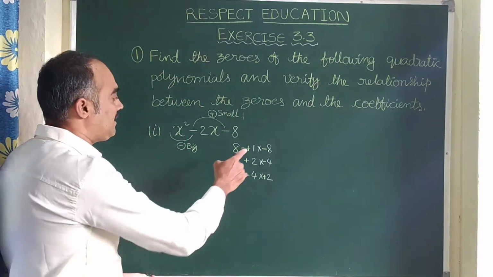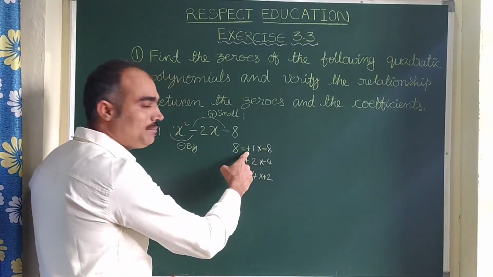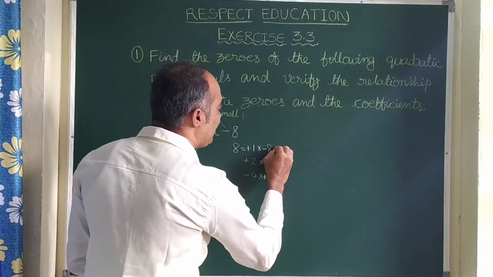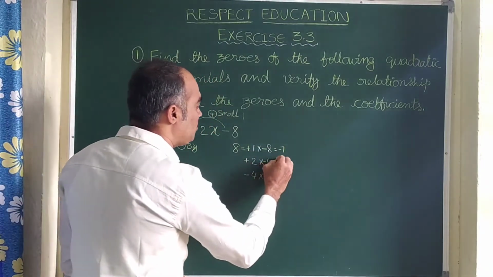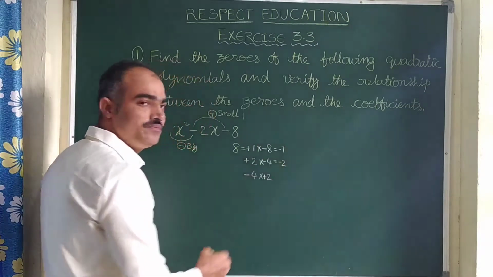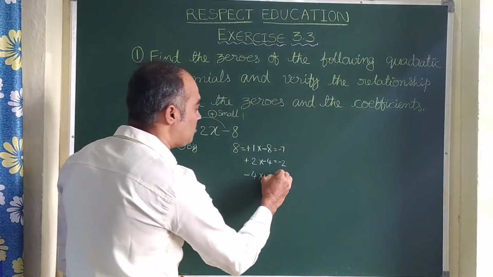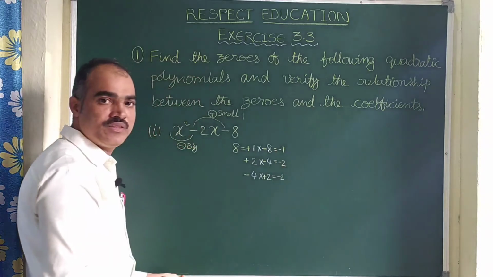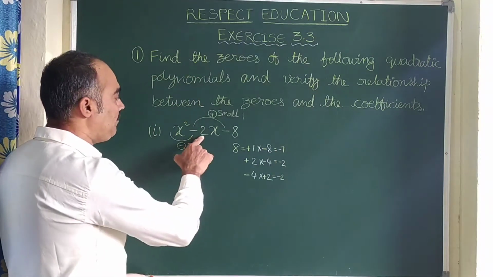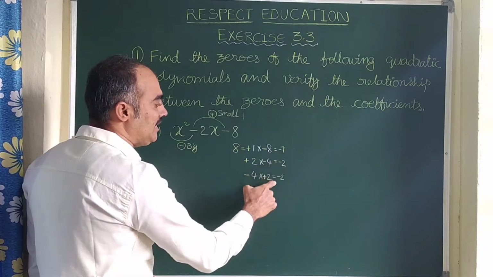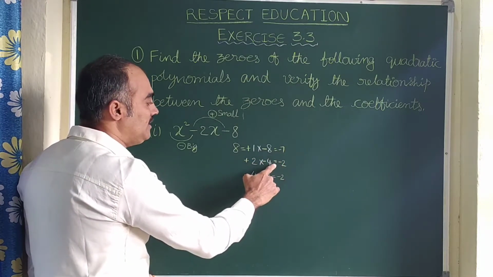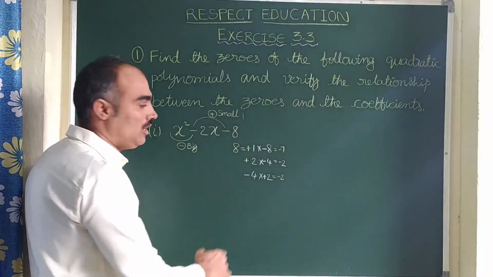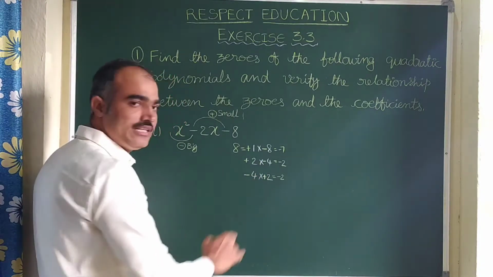Now let us add them. Minus 8 plus 1 is minus 7. Minus 4 plus 2 is minus 2. Minus 4 plus 2 is minus 2. So here you compare with the middle number, minus 2, so we can select any one of them. This is not suitable because it is minus 7. So in these two you can take any one. I am taking the last one, minus 4 and then plus 2.